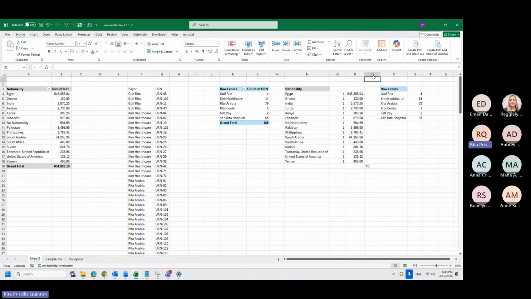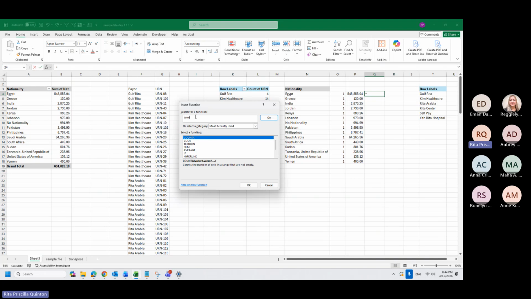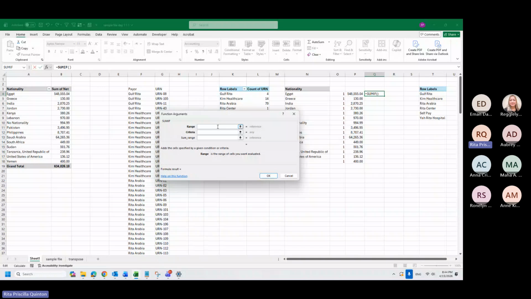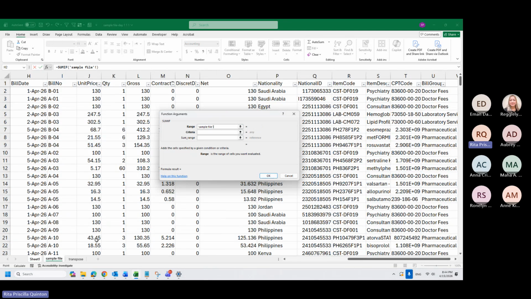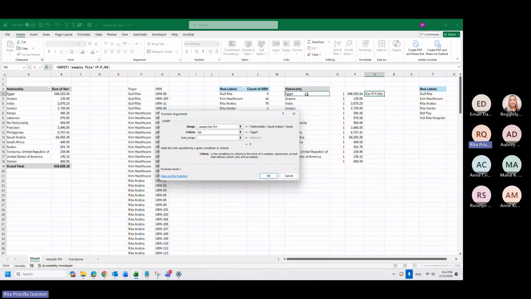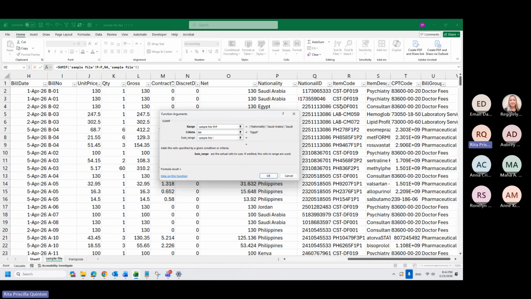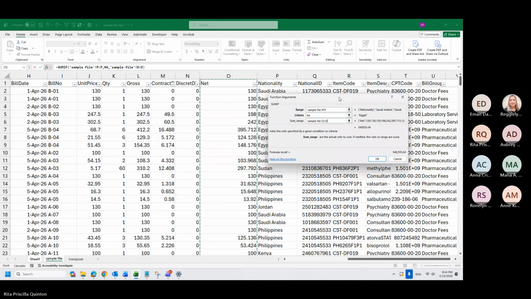SUMIF, I want to repeat how we did it. You can go also here to the functions. Let's do sum if, double click. It will ask you what is the range of the criteria. Since my criteria is nationality, I will go to the nationality range here, and my criteria is Egypt. And then sum range. What do you want to add?